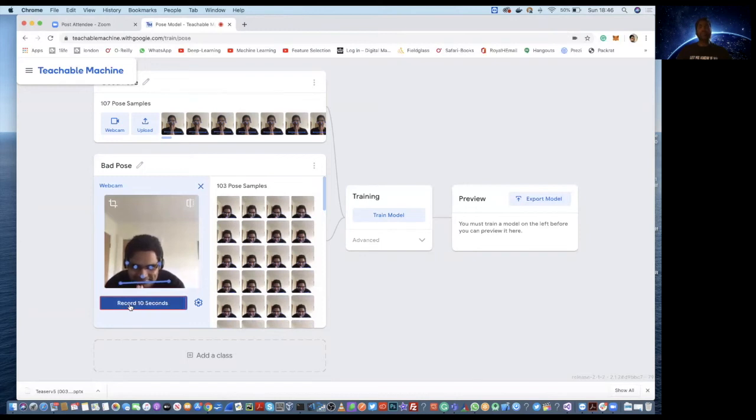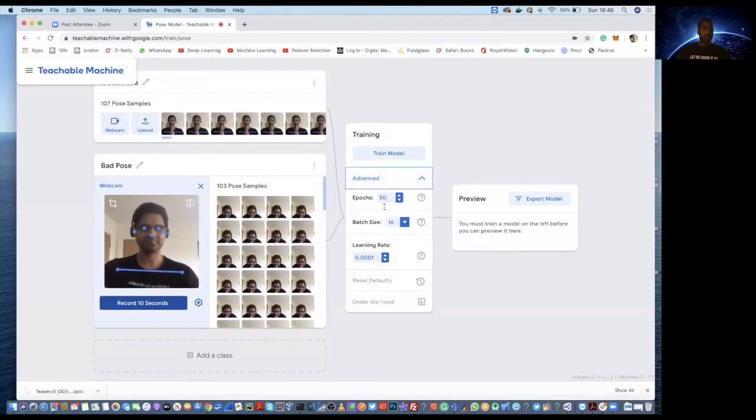Perfect. So the computer has now collected 107 good pose samples and 103 bad pose samples, so it's pretty much balanced. What we're going to do now is train the neural network to distinguish between the two classes. If you're familiar with data science, you can adjust hyperparameters such as epochs, batch size, and learning rate. If you're not, don't worry, you can keep the default settings. We're going to go for 10 epochs with a batch size of 32. So if we hit train,